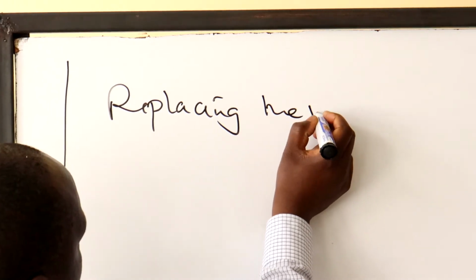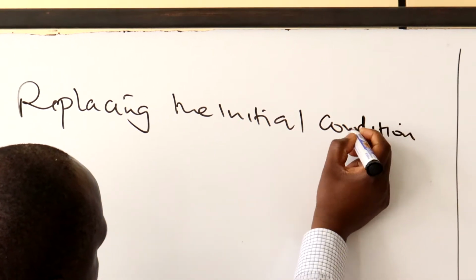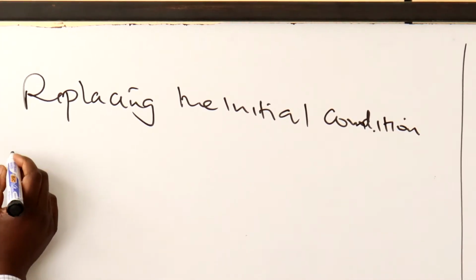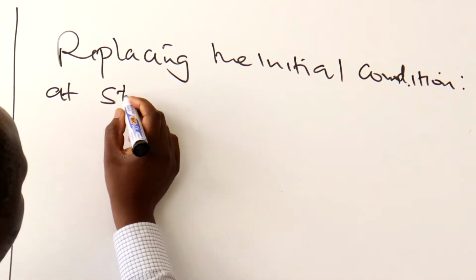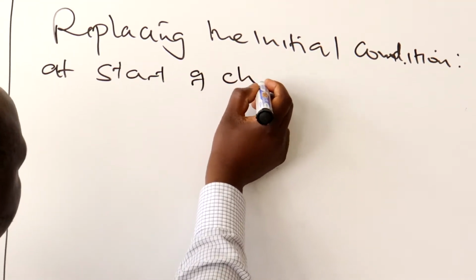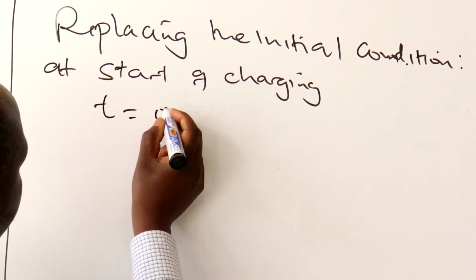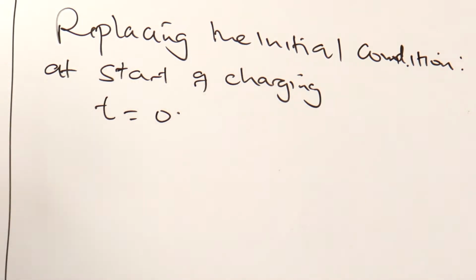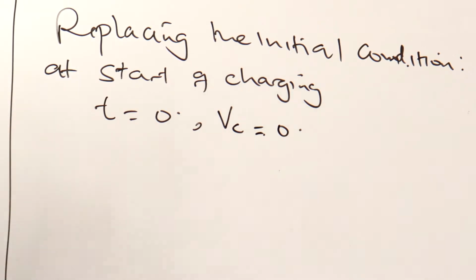Replacing the initial condition. We know as at the start of charging, t is given as 0, and the voltage across the capacitor is also 0 at the start of charging. Those are the conditions for us to replace. We replace that in the initial condition. Then you shall have that one as